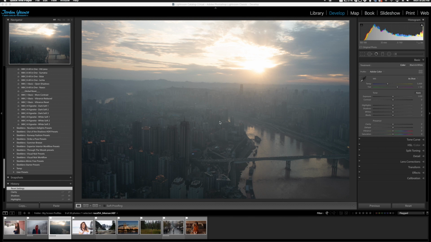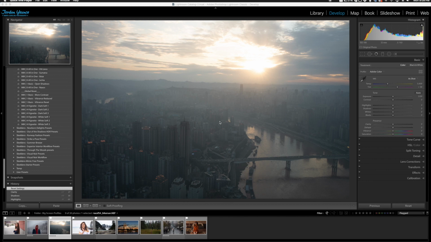Now, we released the Big Screen LUTs collection about a month ago, and those are specifically designed for video users and can actually be used in Photoshop. These are designed only for Lightroom. And also, one more caveat, these only work on RAW files. They don't work on any JPEGs. So if you do have any JPEGs in your Lightroom catalog, these profiles are not compatible with JPEGs. Matter of fact, no profiles are compatible with JPEGs. But I'm going to show you a couple of effects you can get out of your photos using these Big